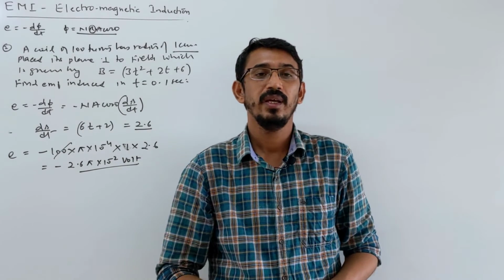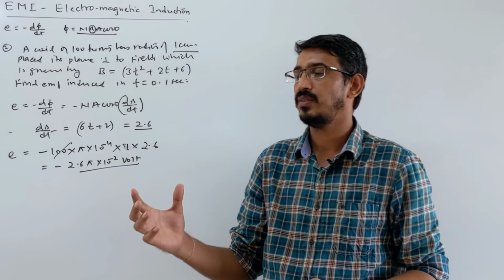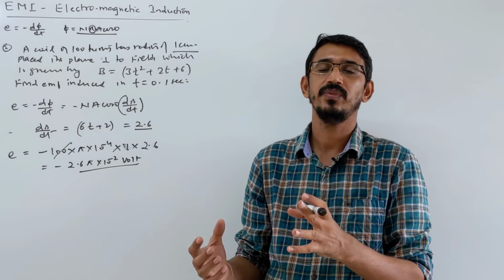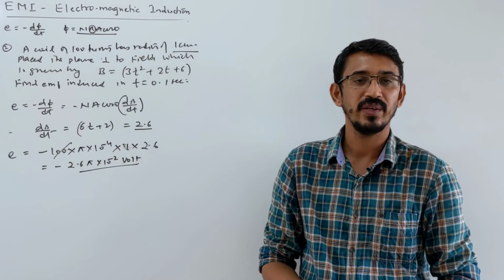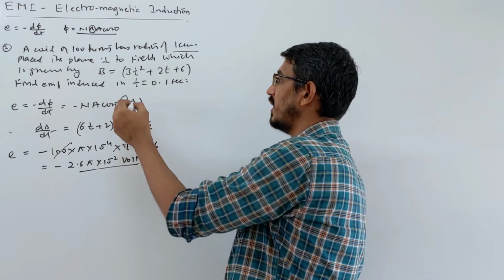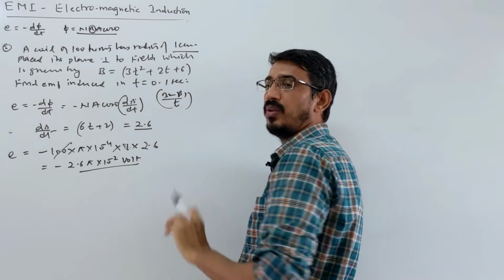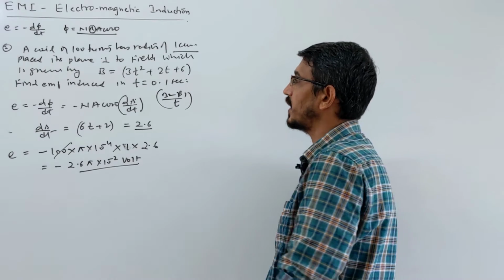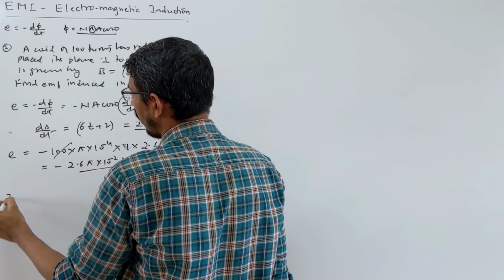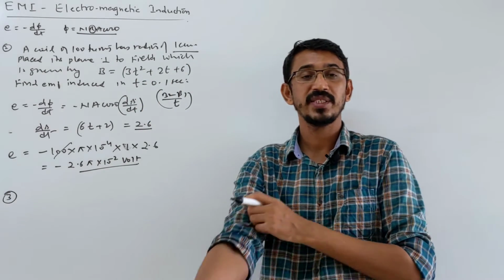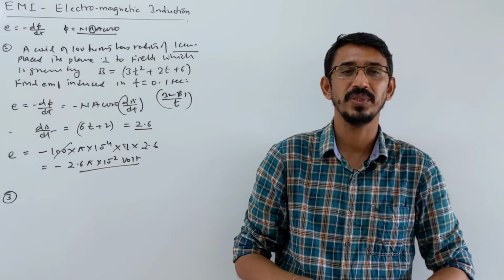Or, more easily, they can give the initial field and final field. They say the field in a coil varies from 2 Tesla to 6 Tesla in 0.1 second. What is the EMF induced? Directly you can write dB by t as B2 minus B1 by t. So this is an example of the field changing. Now let's say the area is changing. Generally they have asked this in our exam, and it's a very important question because three times they have asked exactly a similar question to us.